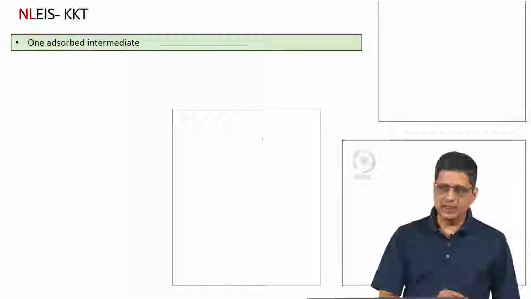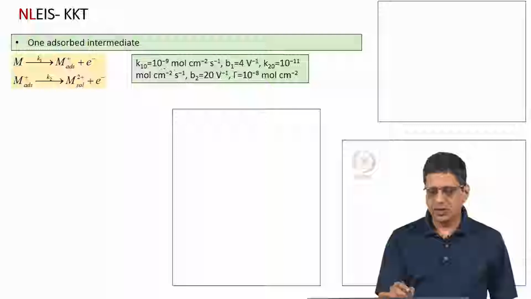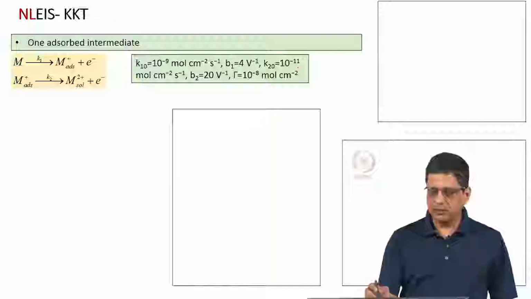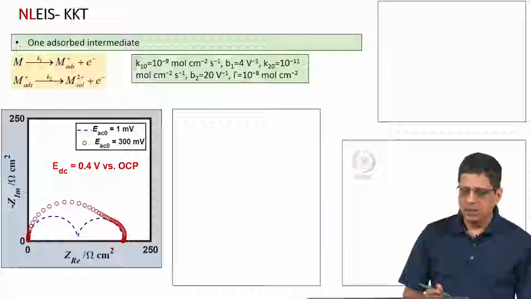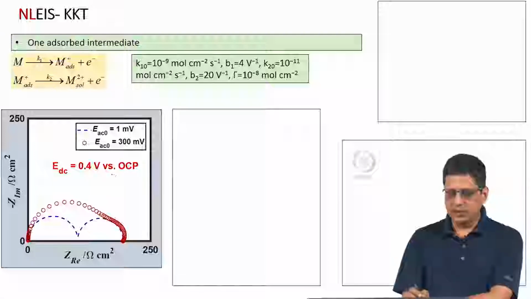Okay. So, the first example is with one adsorbed intermediate, with certain kinetic parameter values: 10 power minus 9 moles per centimeter square per second for K1. The exponent for this is 4 volt inverse. K2 0 is of course 10 power minus 11, B2 is 20 and gamma is 10 power minus 8 moles per centimeter square. And if you apply a DC bias of 0.4 volt versus OCP, this is in the anodic regime,